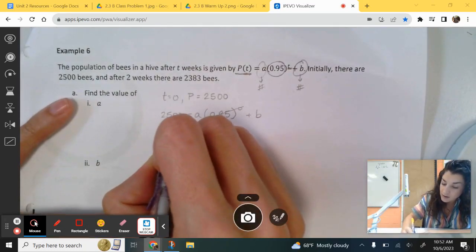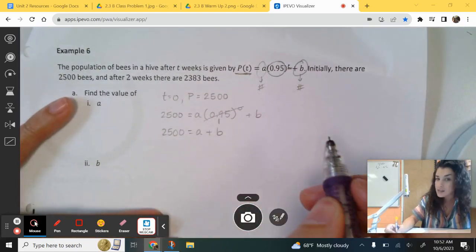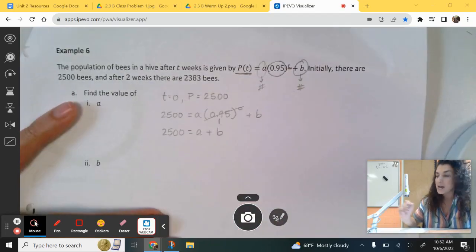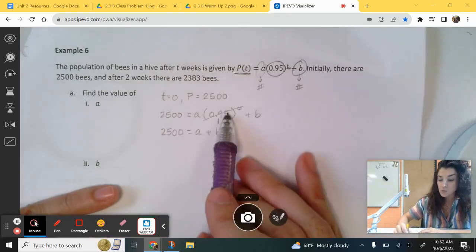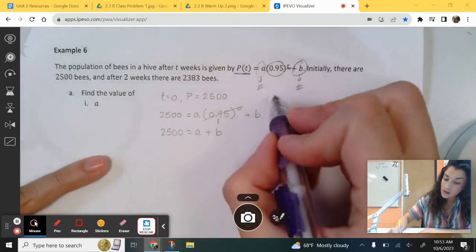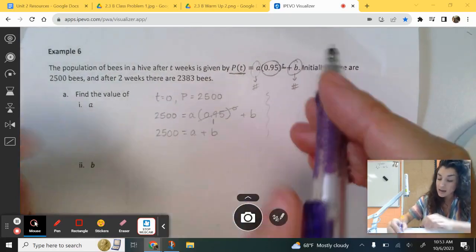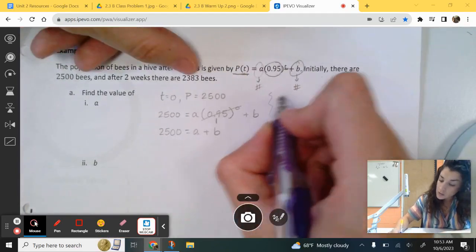If I wanted to simplify this out and do A plus B, because this is just 1, anything raised to the 0 power is just 1, and then A times 1 is just A, I could do that, or I could type out this entire equation raised to the 0 power. And I'll do that later and I'll show you. Okay, but I have another point as well because I've got 2 unknowns. I need 2 points. 2 weeks,